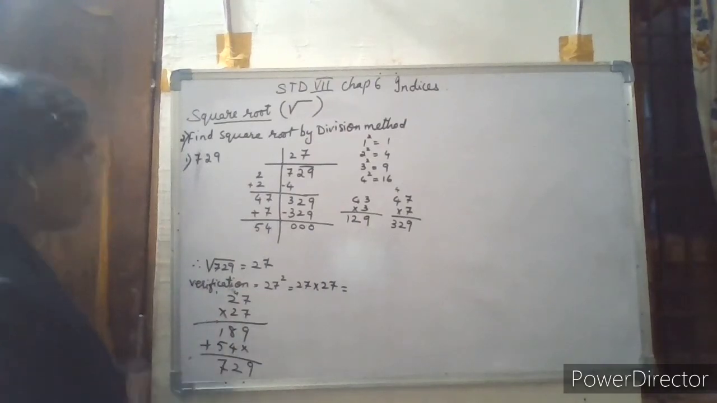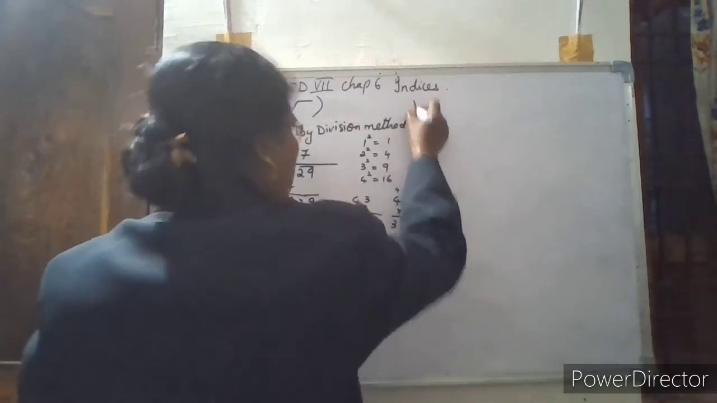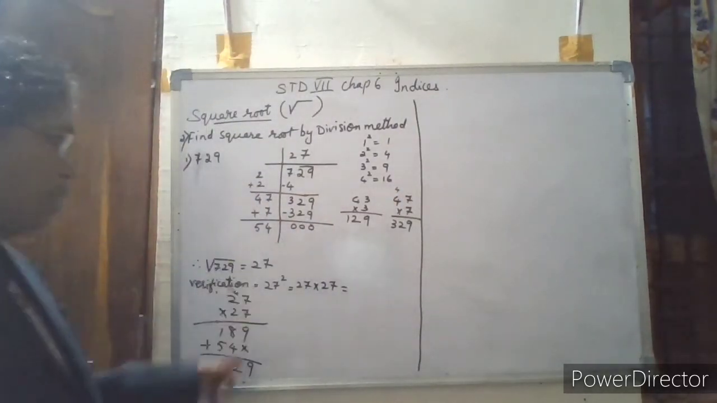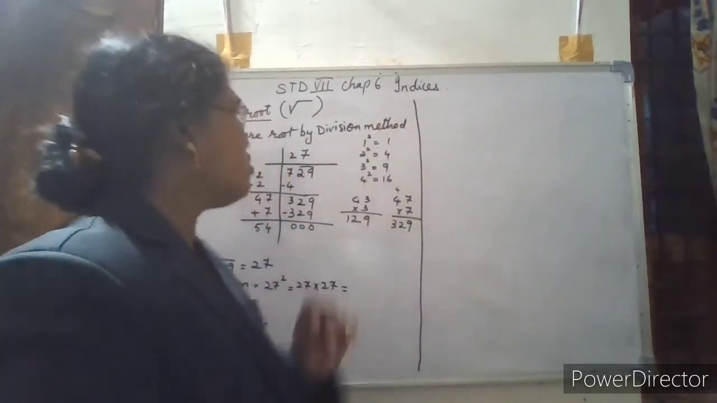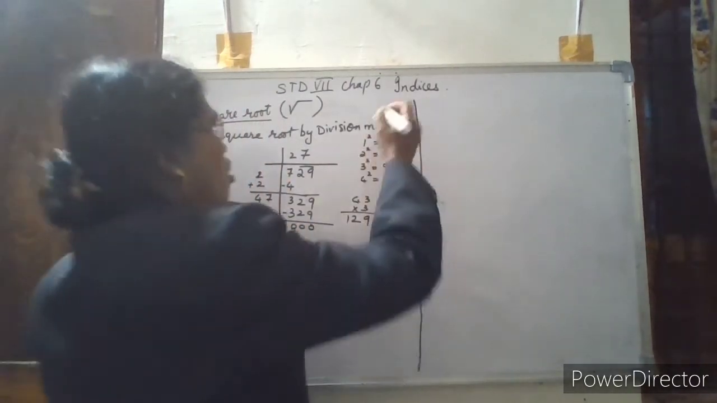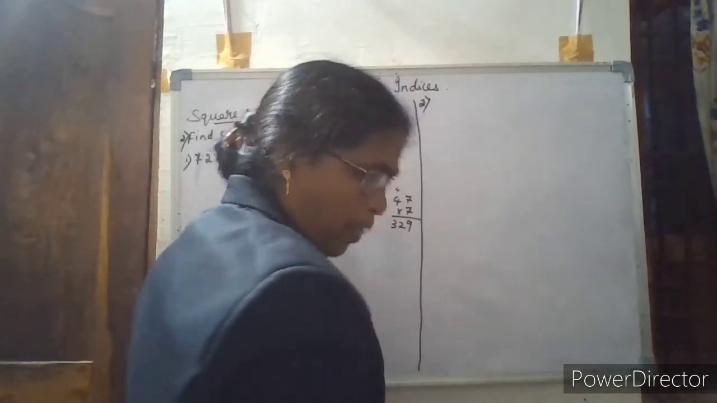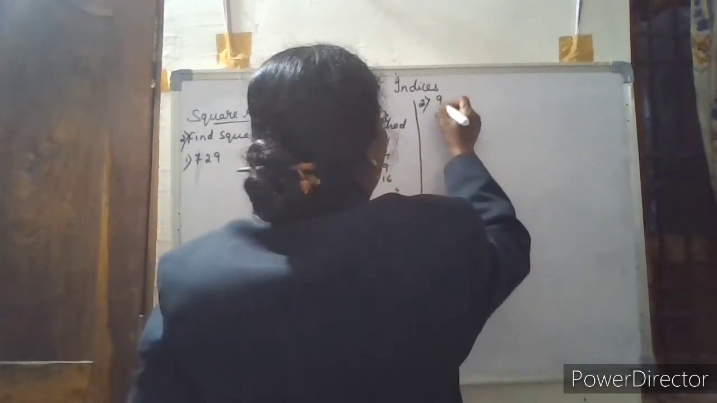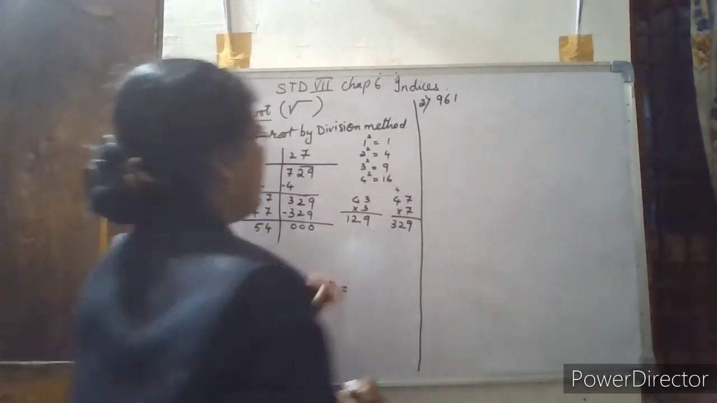It is not necessary that for every question you have to do verification. But I have just shown you that by verification also you can confirm whether your answer is correct or wrong. Now let us go with one more question. That is, I'll take 961. So how to find the square root of 961 by division with the same